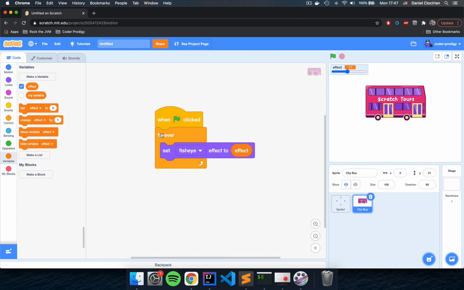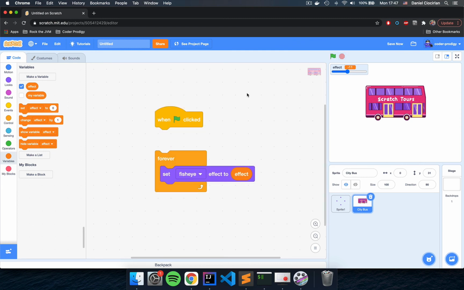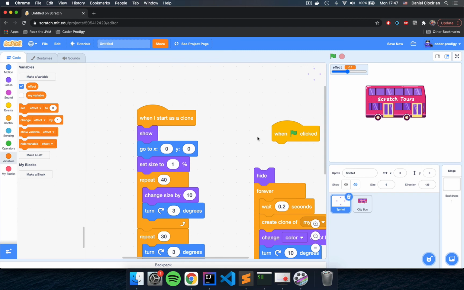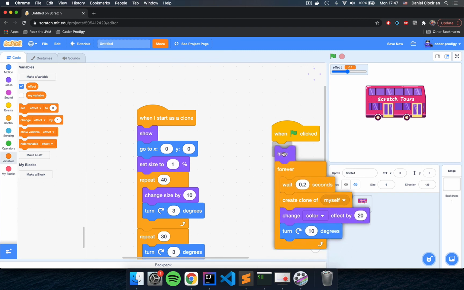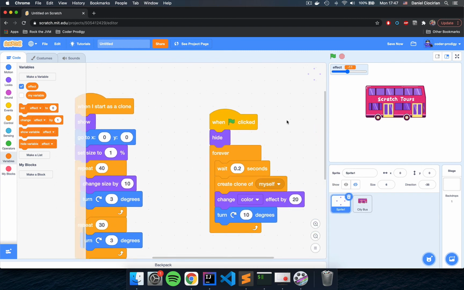Now, I'm going to stop this, and I'm going to detach the forever loop. And in the project that I'm going to attach in the video description, you'll also have access to this bus effect that you can inspect and analyze. All right, so I'm now going to go back to my original sprite with the 4 dots. I'm going to connect my script that I disconnected earlier,